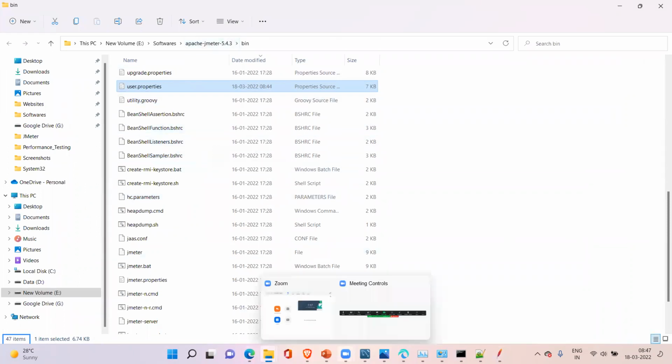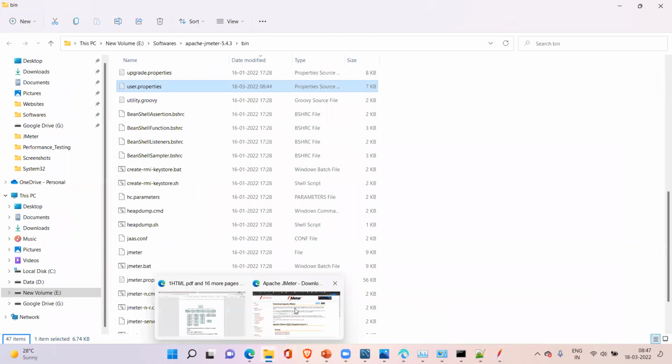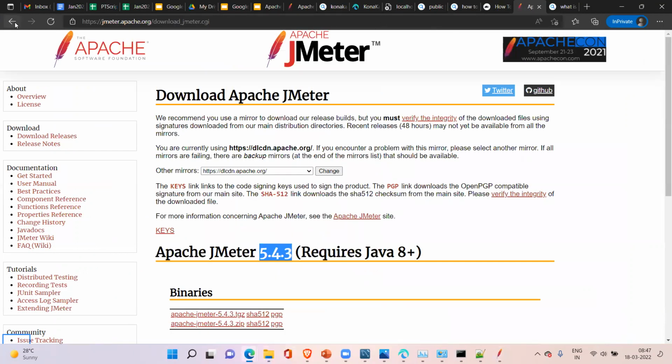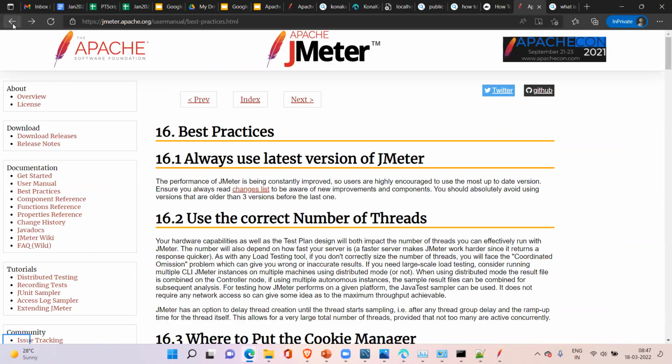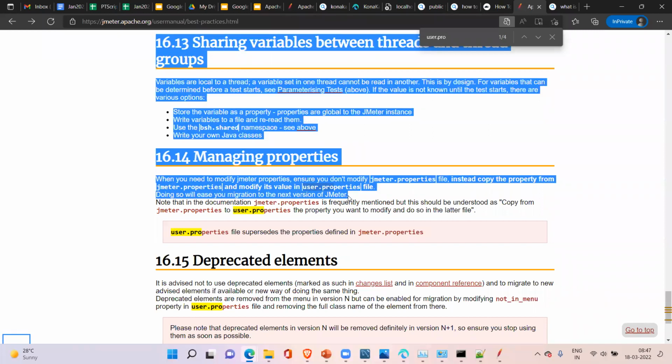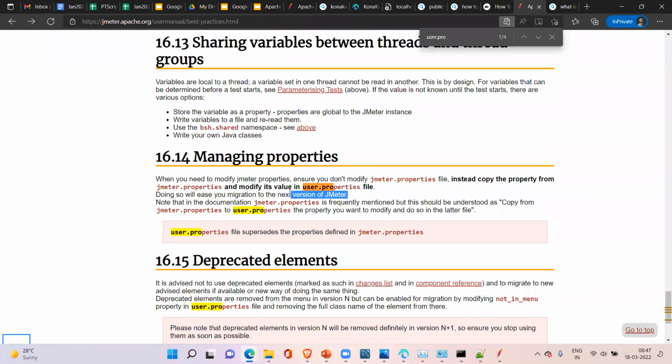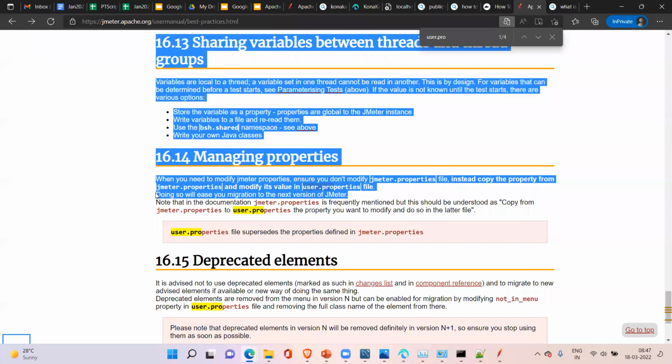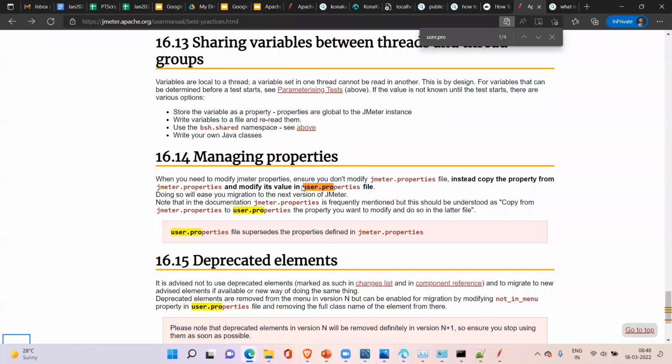Understood or no? Yes. So that is what this statement means. Doing so will ease your migration to the next version of JMeter. If you want to switch to the next version, this best practice will be helpful. Clear?